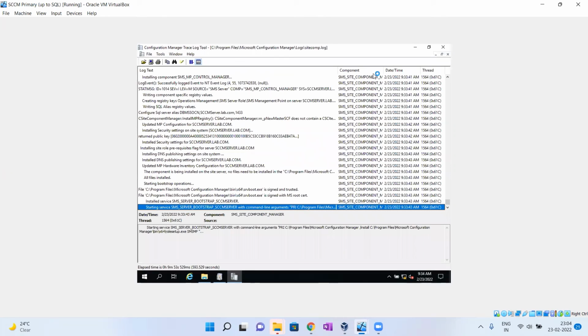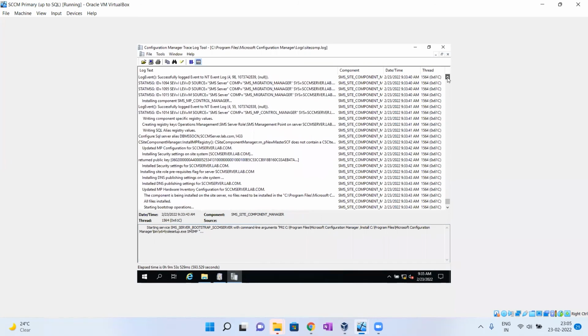Now components have started installing. See role setup MP. Now the MP role is installing. We can monitor in this log.